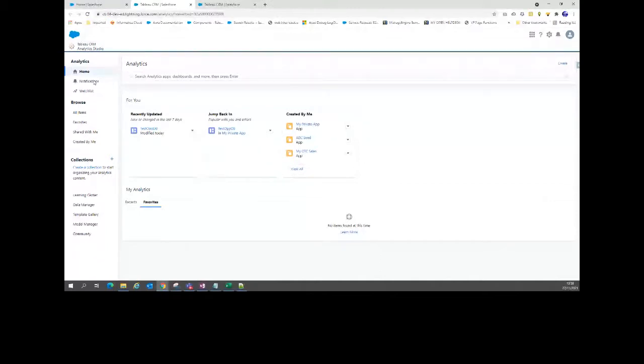To build a dashboard, or to work with Analytics Studio, the major components, as you can see here, are something called data set, something called dashboard, something called app. What are these things technically? So now